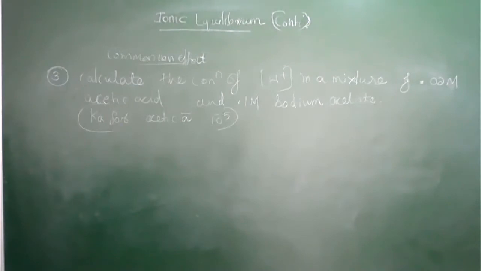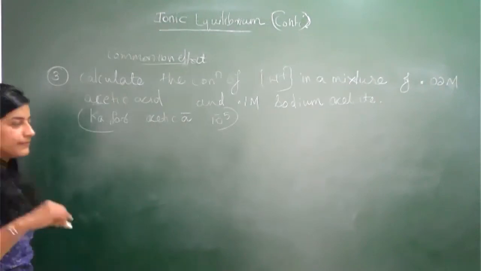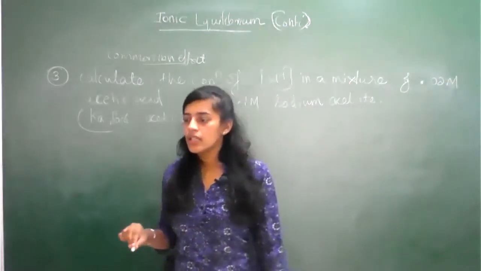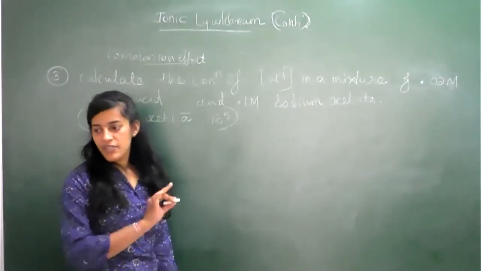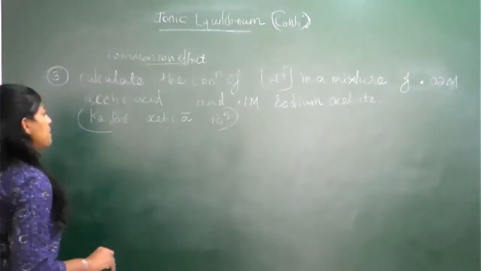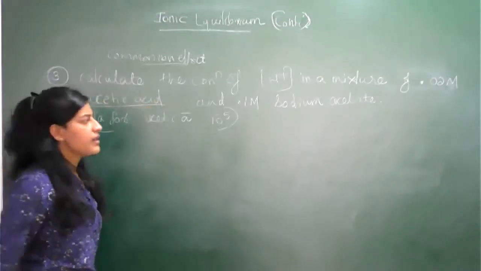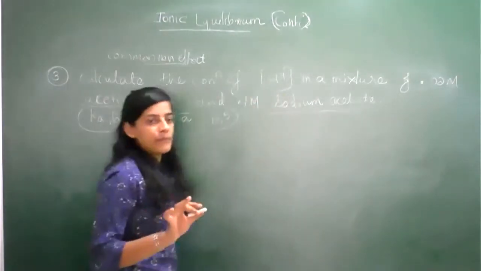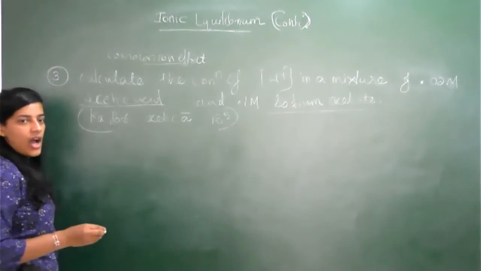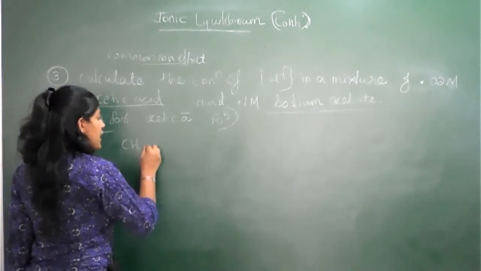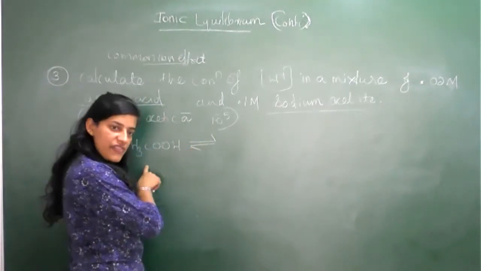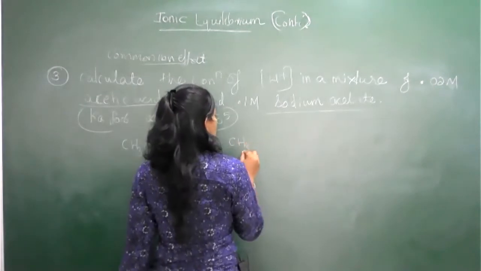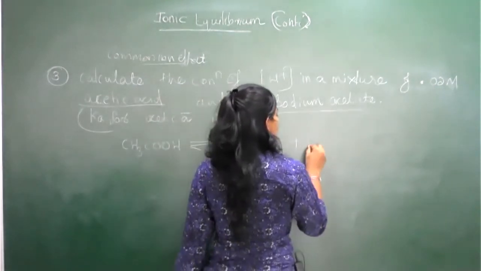Sodium acetate? What about the formula, do you know? Basic chemistry. Students, how will you approach the problem? You want to create the equation, otherwise you can't solve the problem. Simple only. Acetic acid, you know, students. How is the dissociation? CH3COOH, reverse arrow because it is a weak acid, gives CH3COO minus plus H plus, no doubt.